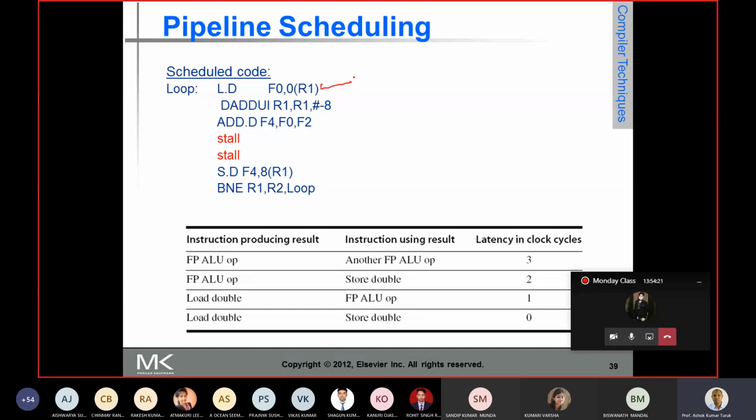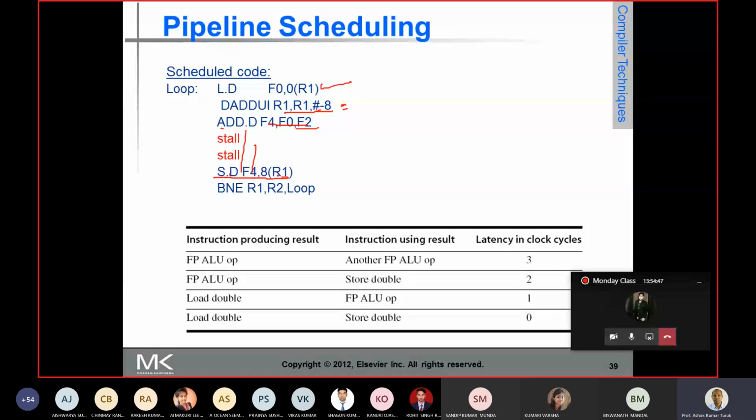the load instructions. The first instruction executes, then the add instruction, which was there before the branch not equal to, is moved and executed after the load instruction. And the other add instruction has no change. Between the add and the store instruction, there is a stall because there is a data dependence. And let's look at the store here.